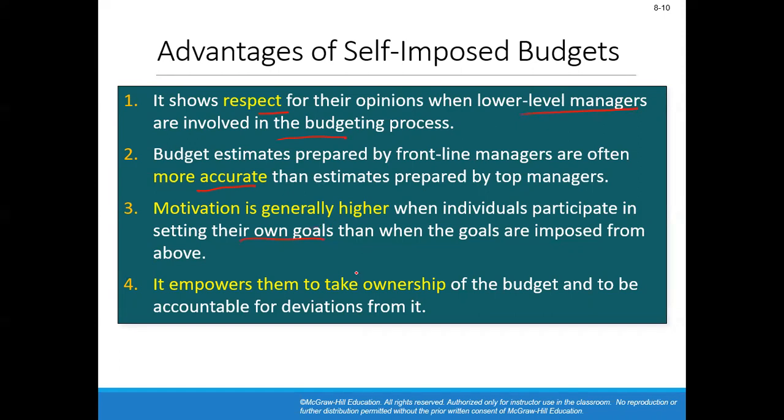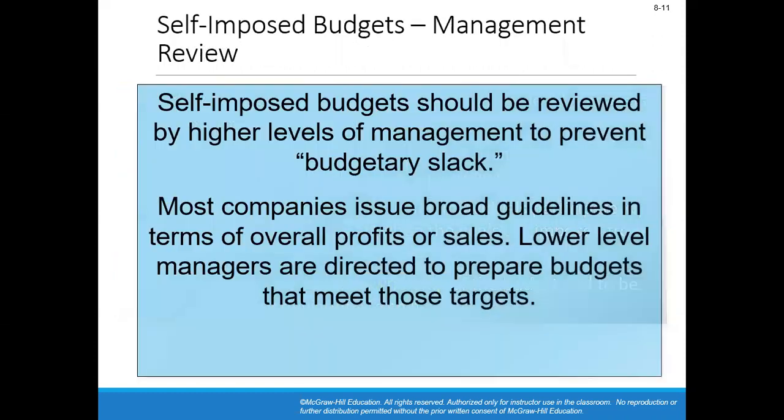Okay, and it also creates empowerment among the organization, because the managers in the lower level or the front line feel that their opinions are evaluated, and the top managers are listening to them. Okay, so there are issues when self-imposed budget is done. So one way is that